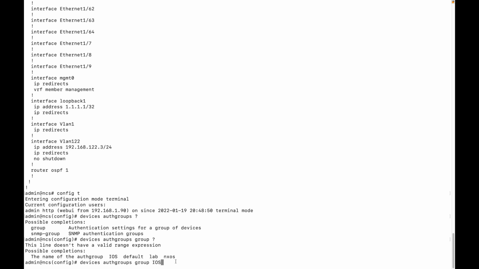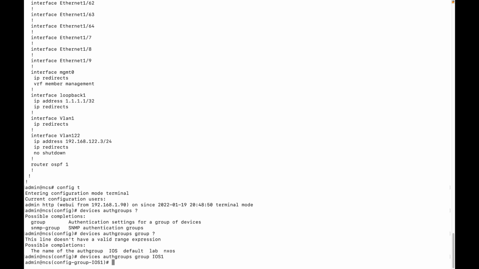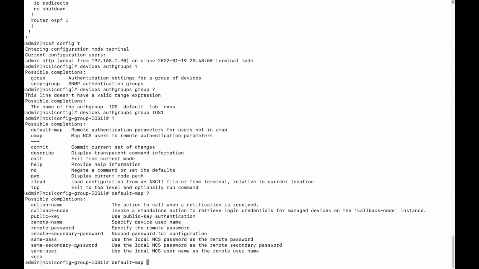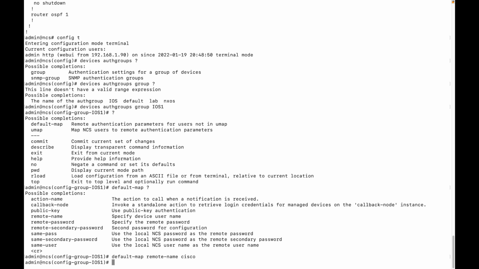This is also an IOS device, so I'm going to name it ios1. Now after that we have certain options here. I'll do a default map, and if you put a question mark here, there are a few things that you can specify. I'm going to use remote-name, which corresponds with the username on the router. My username is cisco,